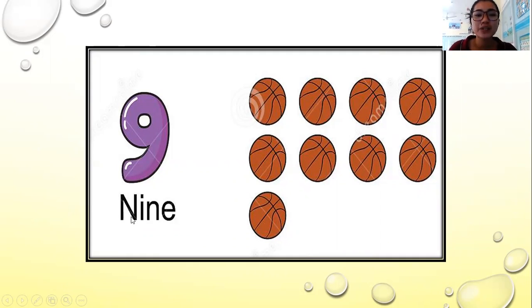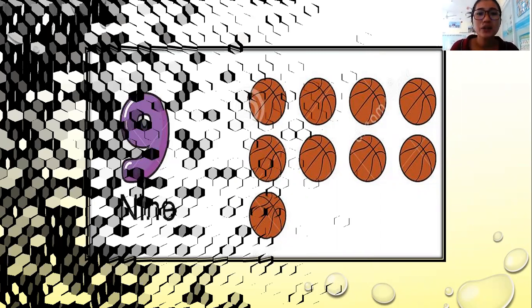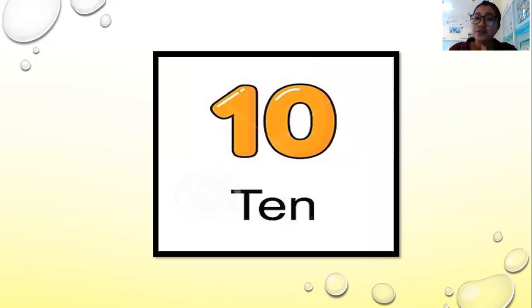Okay, let's spell number 9, class. 9 I spell N-I-N-E. 9. Okay? Good. So, I know that this morning you learned from Teacher Anita what number we're going to study for this afternoon. I know that you have already an idea. So from this morning class, you learned from Teacher Anita number 10, right? So number 10. So 10 I spell T-E-N.